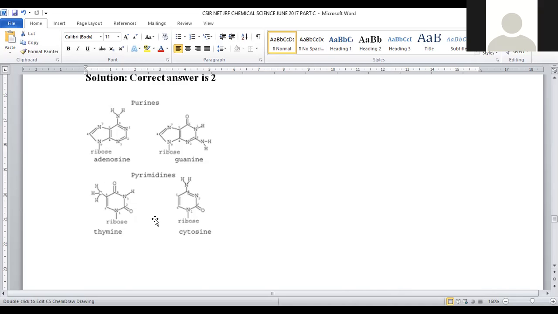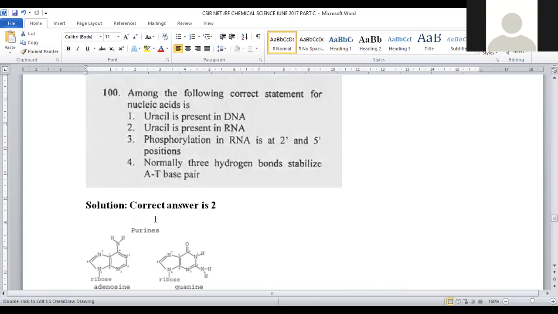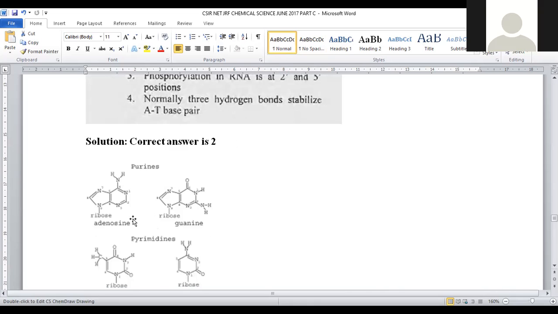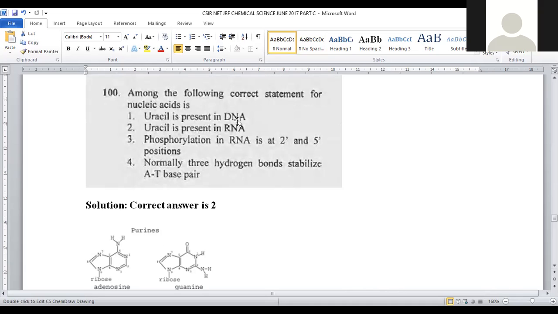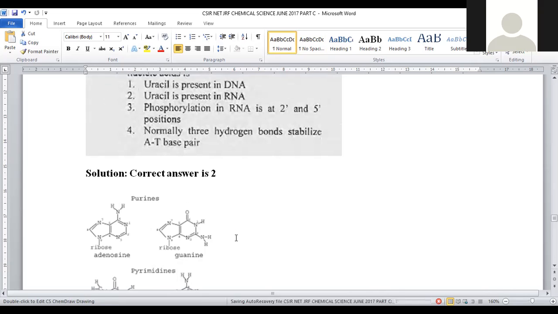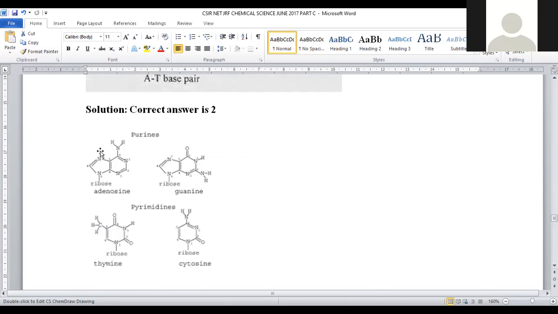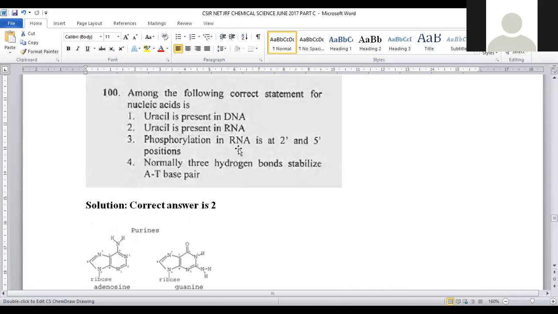Based on their linkage only, genetic matter will be there. Everybody is imparted with genetic matter based on their orientation. So they are able to form triplet codons. Based on that attachment of triplet codons only, each and every person has their genetic code. Some of the properties come in a hereditary manner, and a new unique genetic code is also generated within the person based on their arrangement of purine and pyrimidine bases only. So these four statements are given to us.